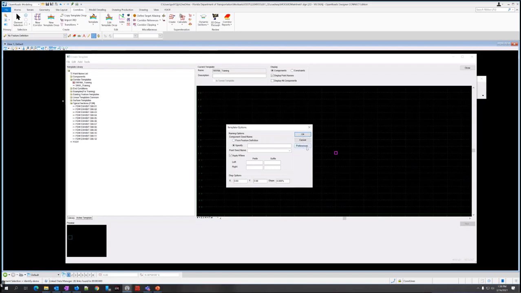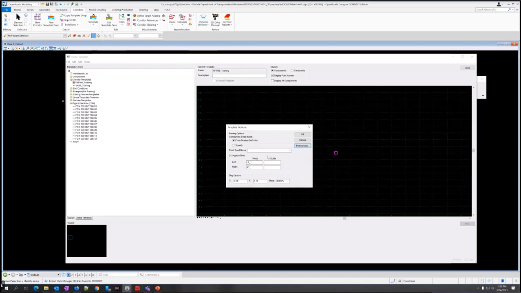And you want to go over here, right under the OK and Cancel buttons, click on Preferences. And in that list, select FDOT. Make sure that's highlighted, and then come over here and click Load on the right side. And down here, you notice it says Preference FDOT Loaded. So I can close out.